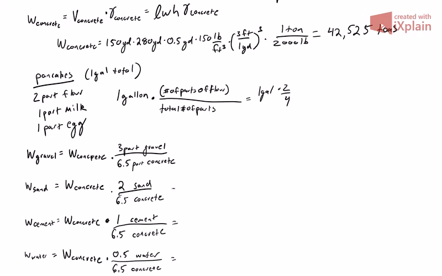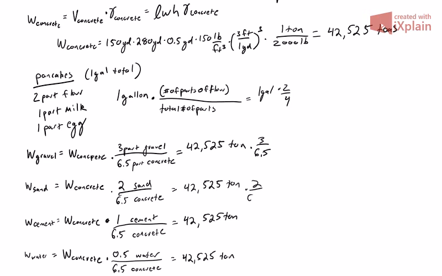Now we can plug in our total weight of concrete, 42,525 tons, the same for each. And then each one of these is multiplied by 3/6.5ths, 2/6.5ths, 1/6.5th, and 0.5/6.5ths. And if you go through and plug all that into your calculator, you're going to get